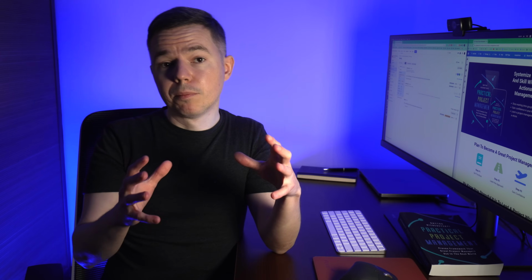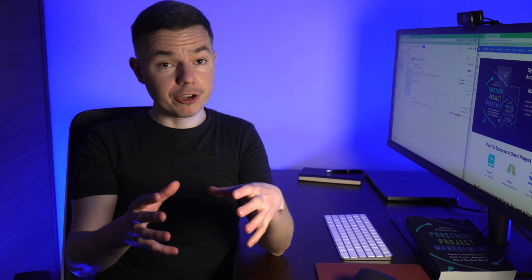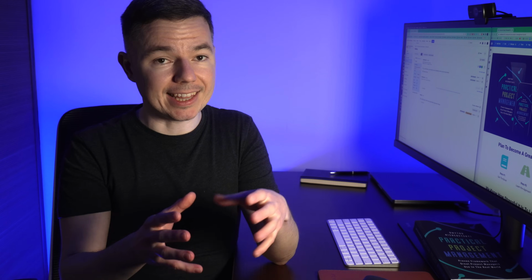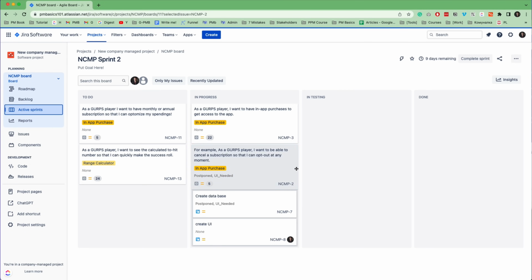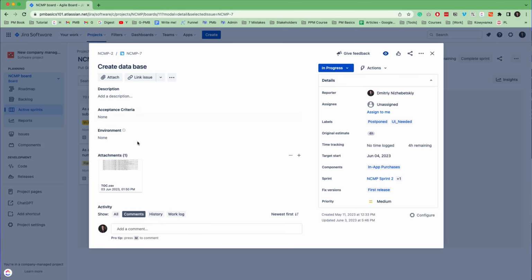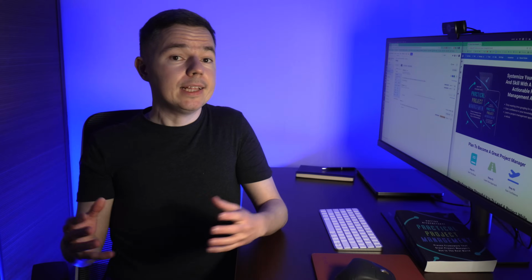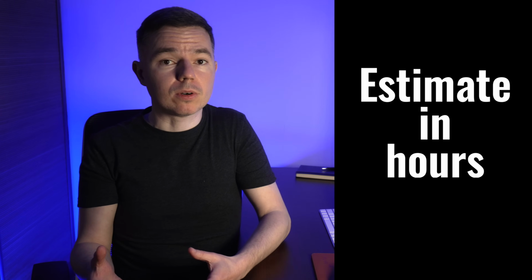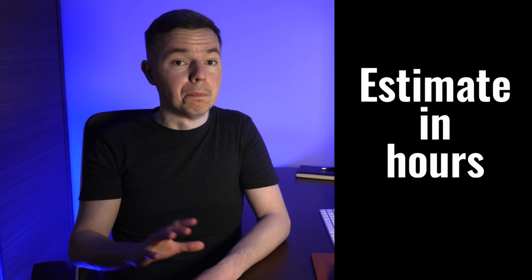And there is one more critical concept about Jira that you need to understand. Let's go to the sprint backlog. You see, most of the teams do break down their user stories into tasks. Moreover, they estimate their tasks in hours, which, as you understand, is not prescribed by Scrum. And you may need to estimate in hours, not just story points, for many reasons.